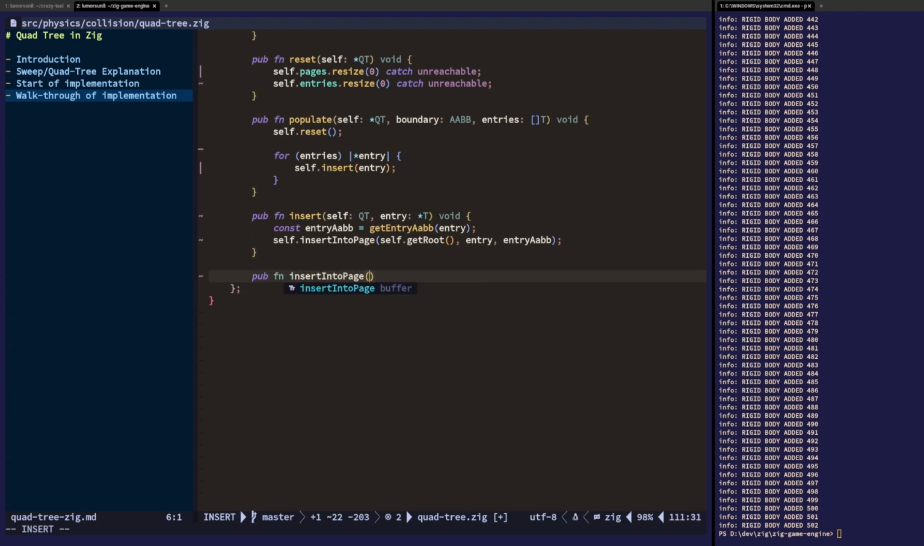So we need to define this insert into page, and we're gonna get the entry, which is a pointer to a type, and we need the entry AABB, which is an AABB. And this function, just bringing up my notes here, is going to be